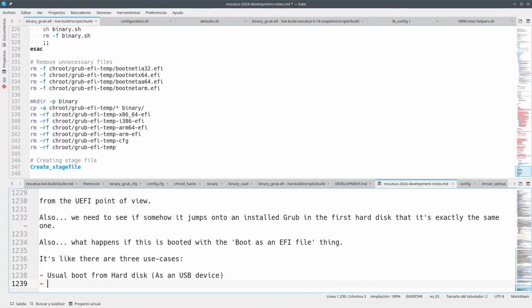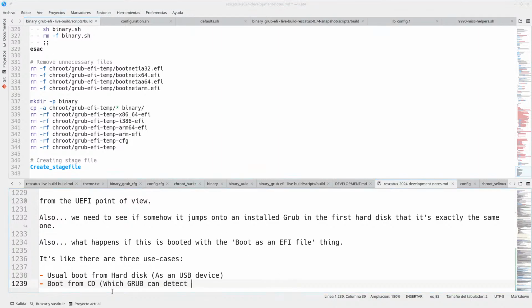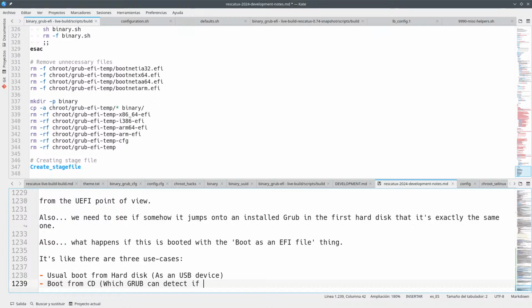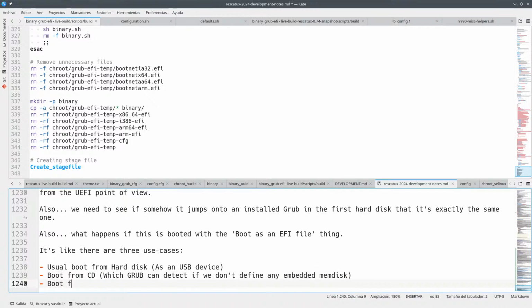Then boot from CD, where we can detect which GRUB, if we don't define any embedded grub.cfg, embedded memdisk. And then it's boot from file,